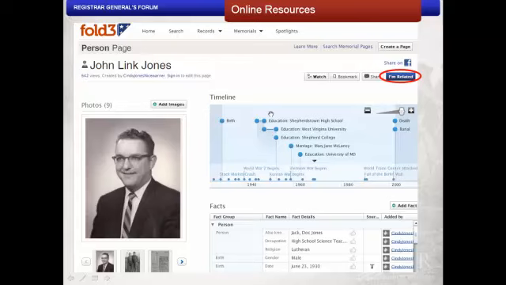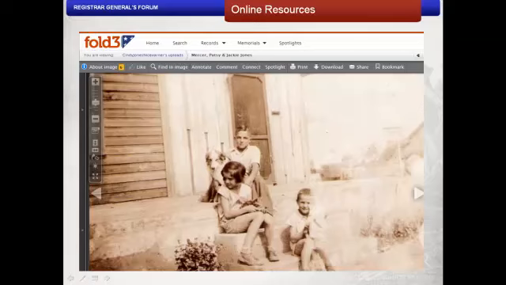Fold3 members can add stories, pictures, and comments to memorial pages, so it becomes a living memorial and a great way to share history across generations, especially appealing to the Facebook generation. There are so many more interactive features of Fold3 beyond creating and adding to memorial pages. Another way to creatively collaborate is to interact with the documents themselves.